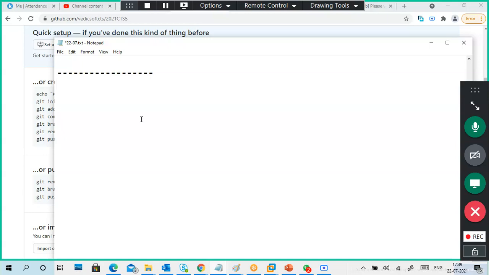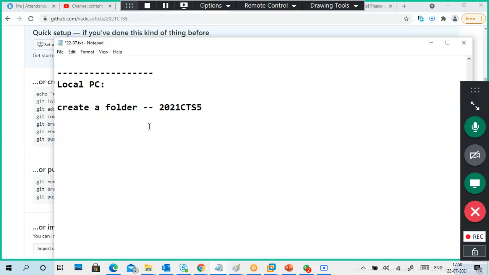First of all, what to do? I create a folder in my local PC. Guys, look, what we are doing is from our PC. Everything we do is in a local PC only. I create a folder. The folder name is 2021 TTS 5. Same name I'm giving to avoid confusion.